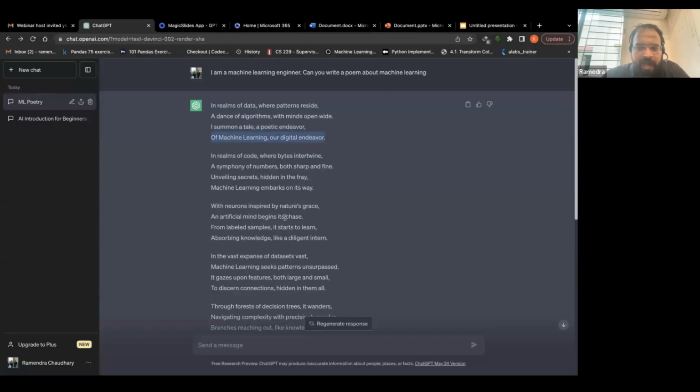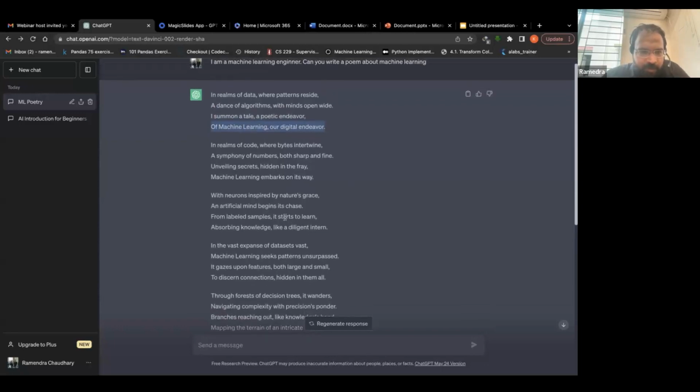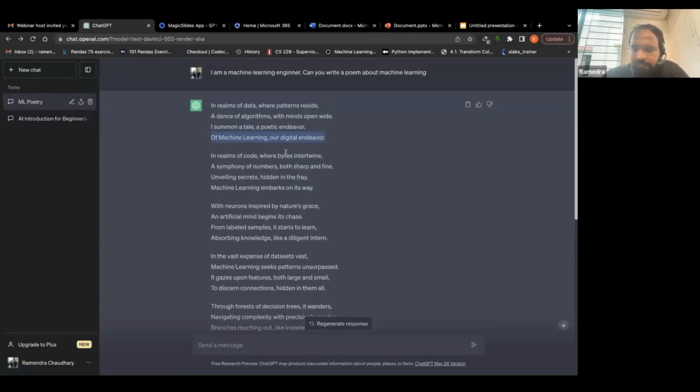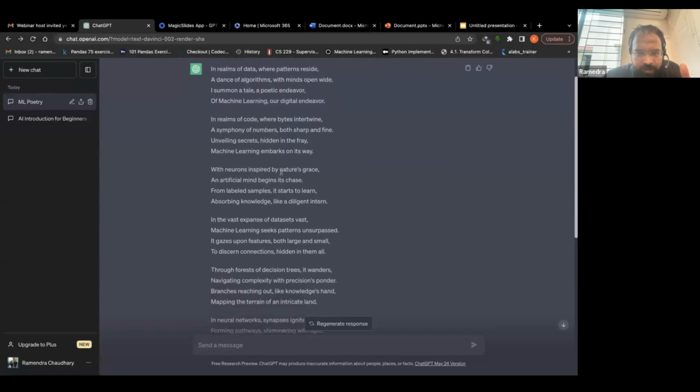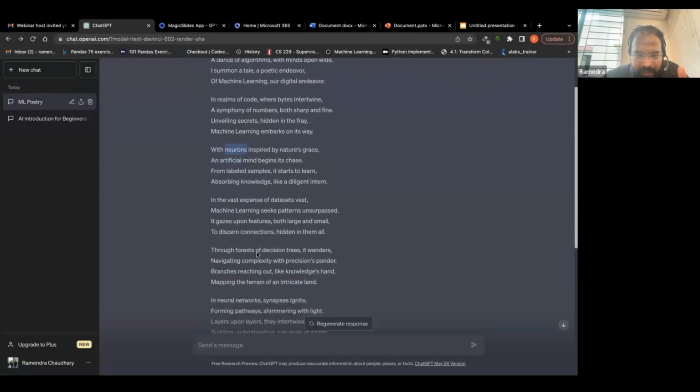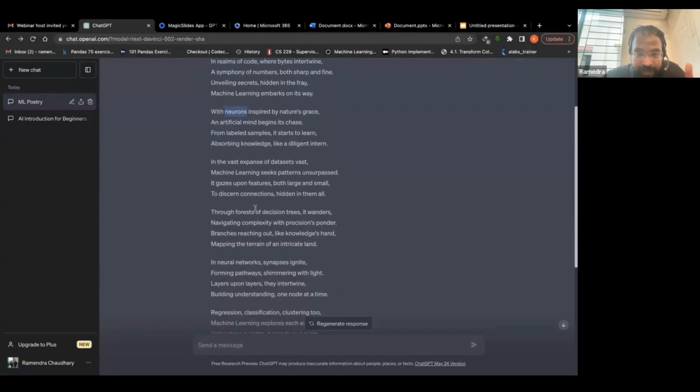You see, how is it able to generate this? I just told it that I am a machine learning engineer, right? I didn't even say write a poem about machine learning. It knows what the terms around machine learning are. So algorithms, data, patterns, and it goes down. You can see artificial neurons, and it is able to find out forests of decision trees,